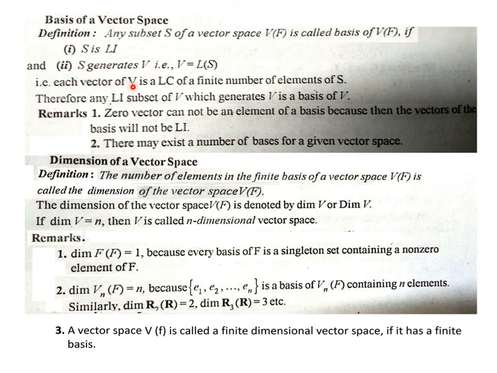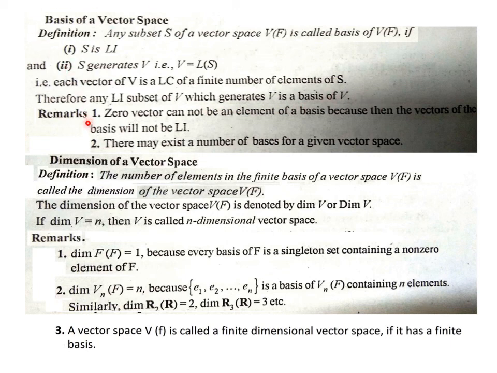That is, each vector of V is a linear combination of a finite number of elements of S. Then we can say it's the case of generation of all vectors of V from S. That is, a finite number of elements of S in a certain linear combination equal at least one vector of V. All vectors of V must be generated by elements of S. And if we have these two things together, then we say S is a basis of V.